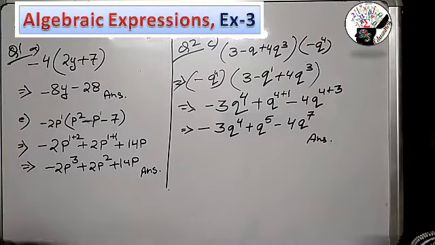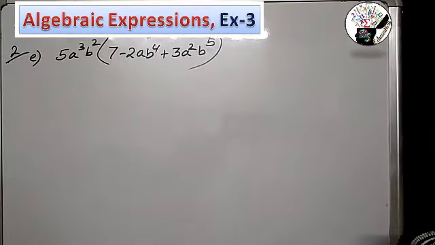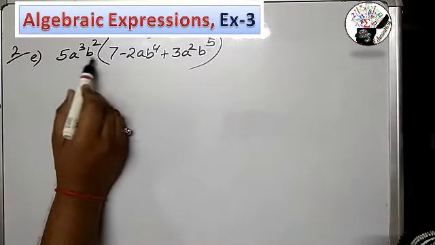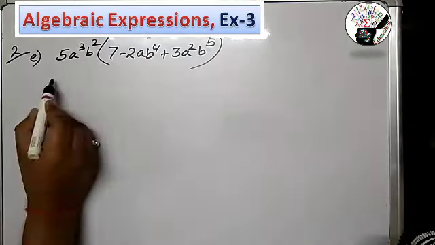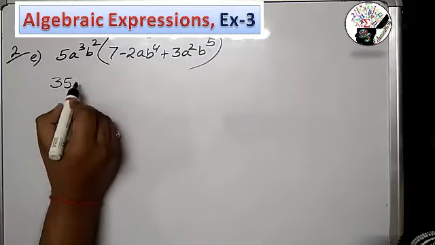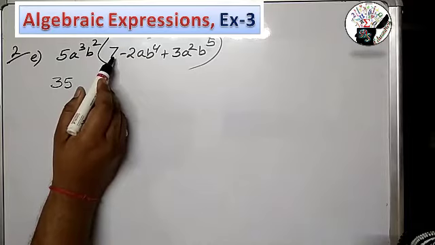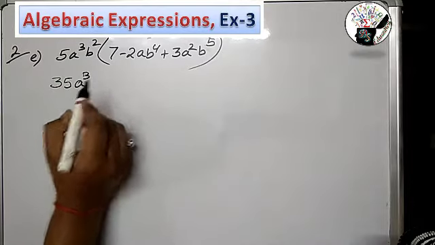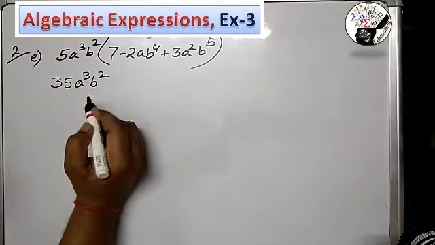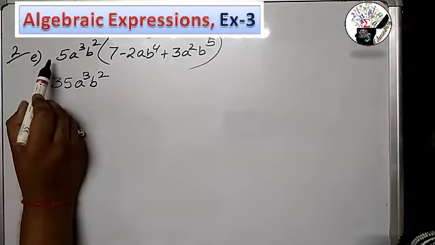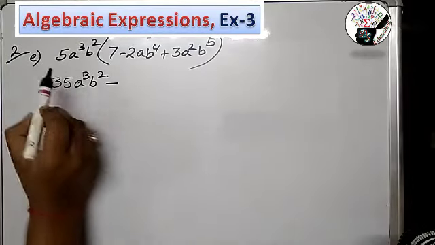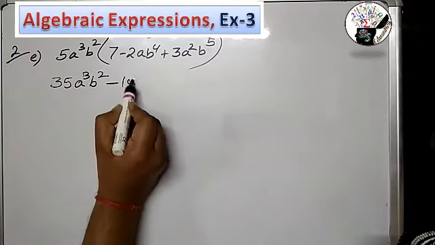Moving to one more question. Okay, moving to the next question. I have copied the question over here. Now what we will do, we will multiply the numeric part first, that is 5 sevens are 35. Now there is no other variable over here, so we will just copy the other terms as it is, that is a to the power 3 and b to the power 2. Next, outside it is plus, and inside it is minus. So plus minus will become minus. 5 twos are 10.